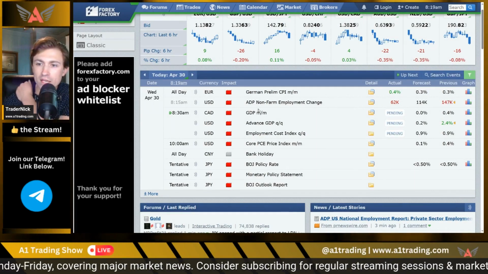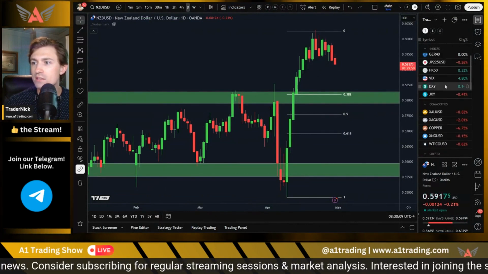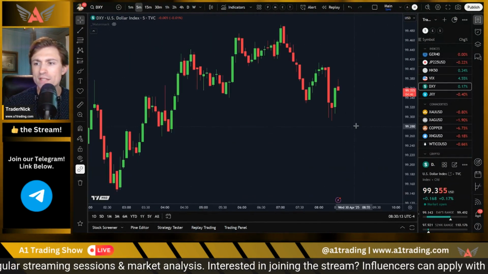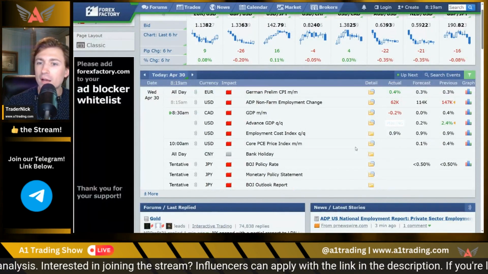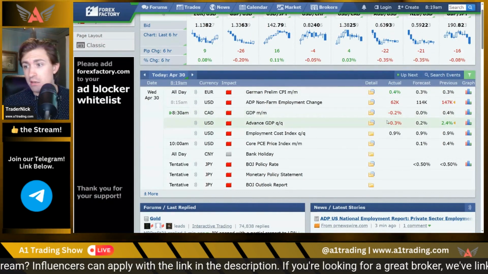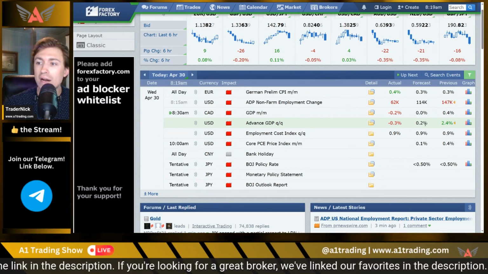All right, let's see what we get for advanced GDP. This is a big one, so let's see what happens to the dollar, see if it gets any movement. Only way it's going to generate movement is, of course, if it's something big surprise. So we have GDP for Canada, and look at this, advanced GDP for the United States actually showing some contraction